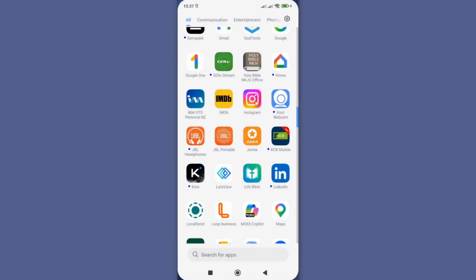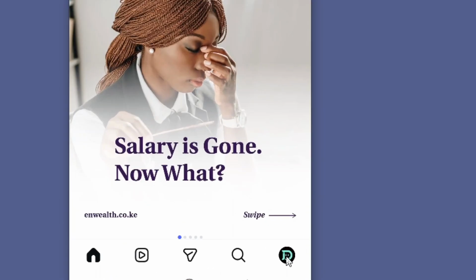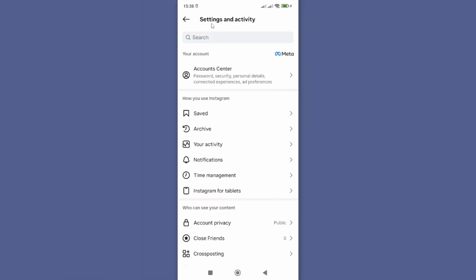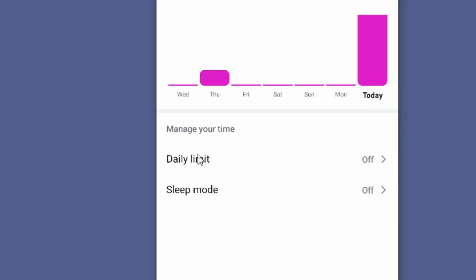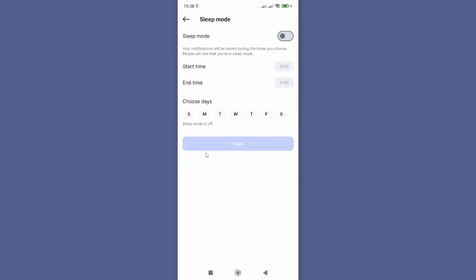To do this, go to your Instagram app, tap on it to open. From here, look for this profile icon and then go to this three lines. So this will grant you access to settings and activity page. Under it, look for how you use Instagram. Here, go to time management and then you should see under manage your time, we have daily limit and sleep mode. Currently, sleep mode is turned off, and to turn this on, tap on it